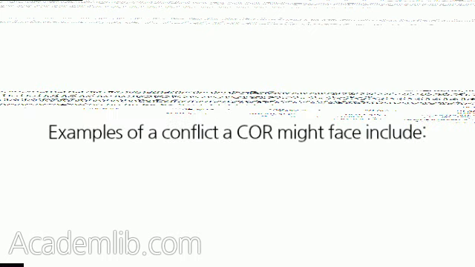5. Identify areas of concern or conflict. Contract requirements and the contractor's ability, or lack thereof, to meet those requirements may at times cause concern or present a conflict for the COR. Examples of a conflict a COR might face include